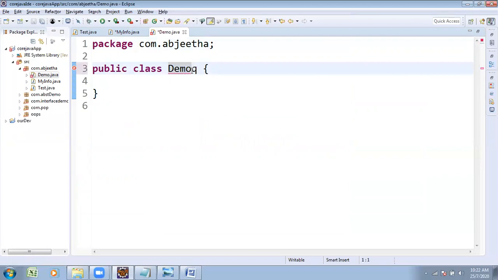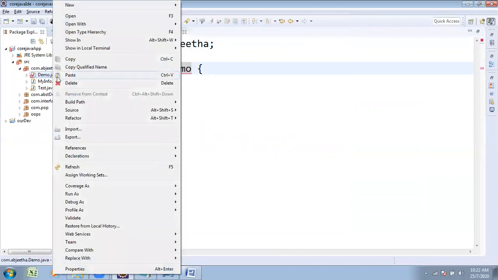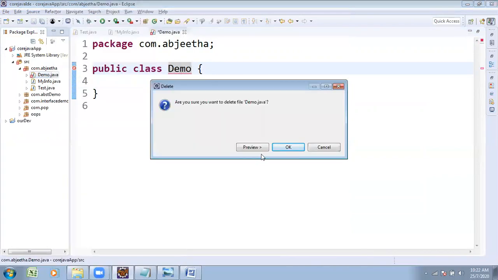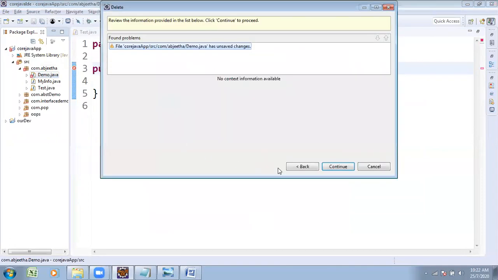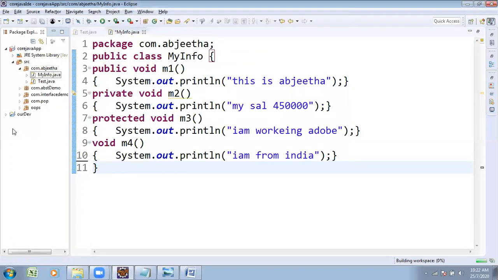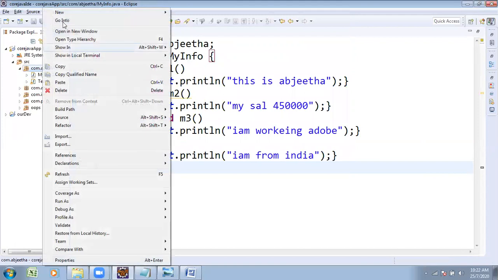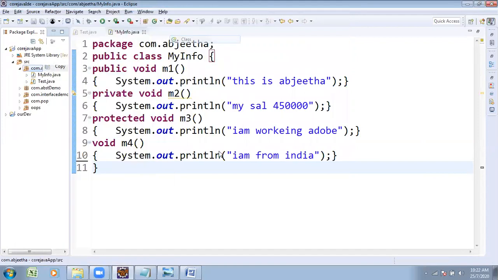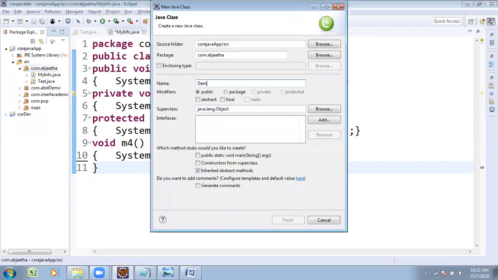Make it Demo1. You want to remove this one and remake it. The class is already there with the name of Demo. Remove it and try creating one more class, Demo123. We wanted a main method also.